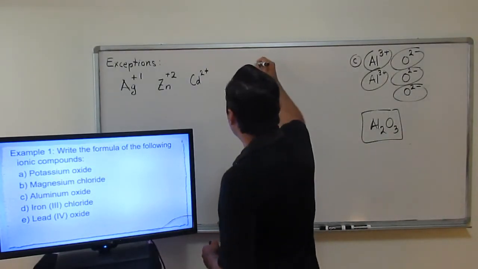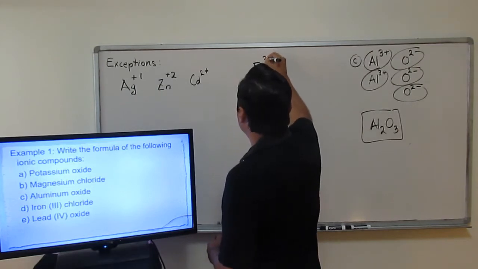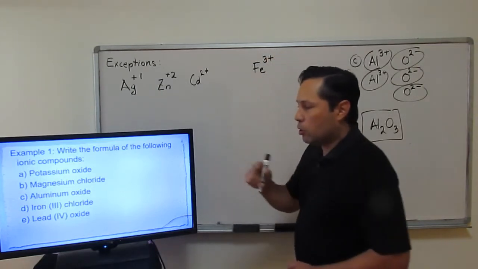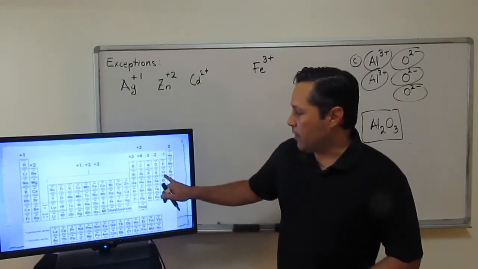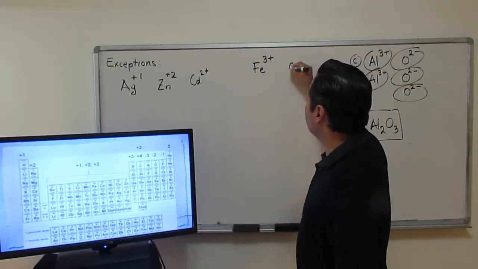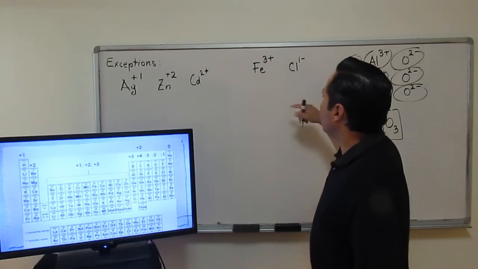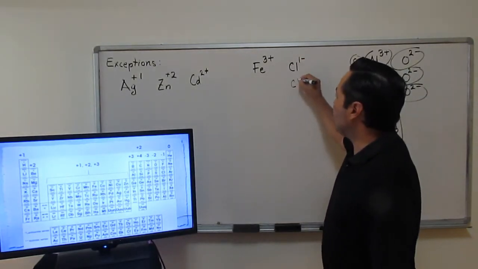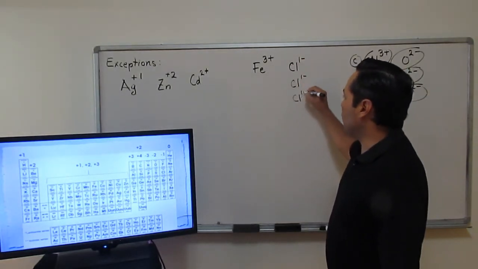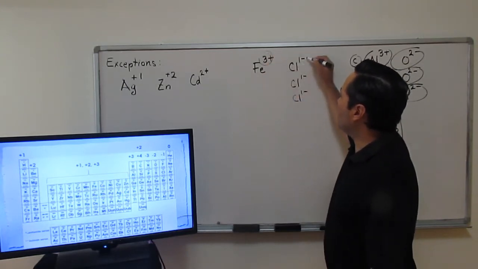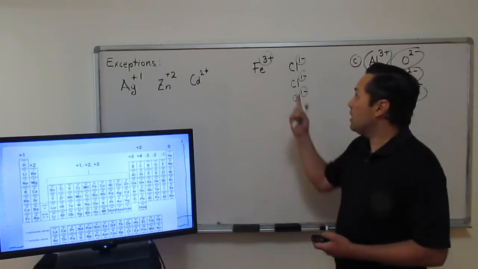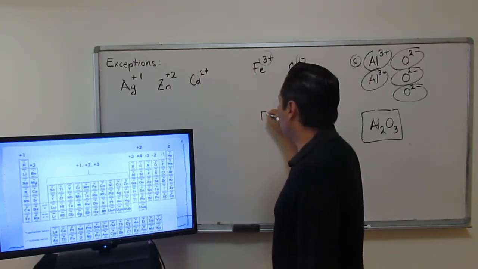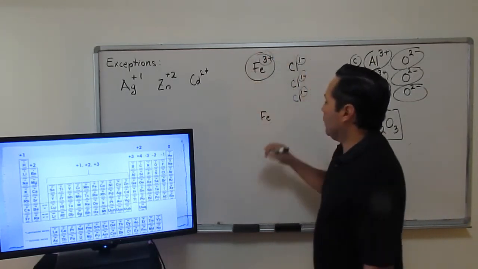Alright, so I'm going to write that down. Iron with a +3. Chlorine, I'm sorry, chloride is really chlorine. And there it is, so it's got a -1. So I need them to match, so I'm going to need more negatives. Now I have +3, -1, -1, that's a -3. They match, so my answer for this one it is, I've only got 1 Fe, so